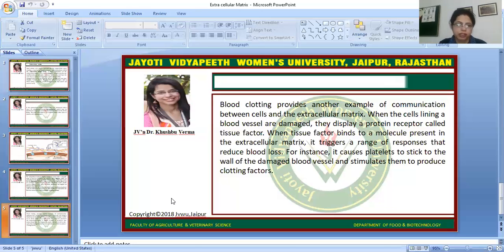to produce clotting factors. So this is the sum up of extracellular matrix, and this session is powered by digital